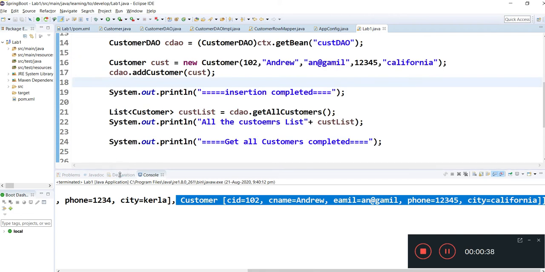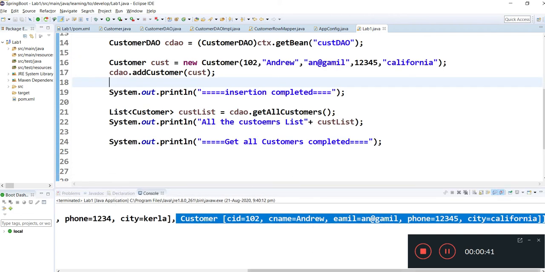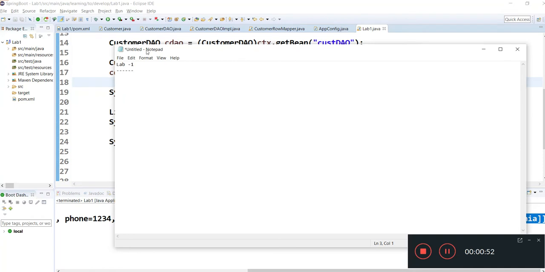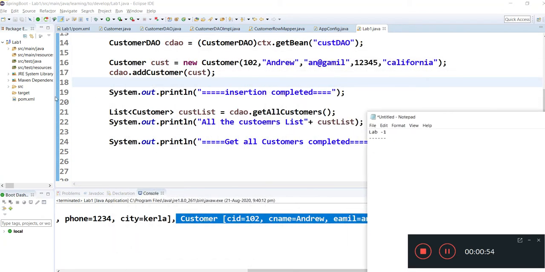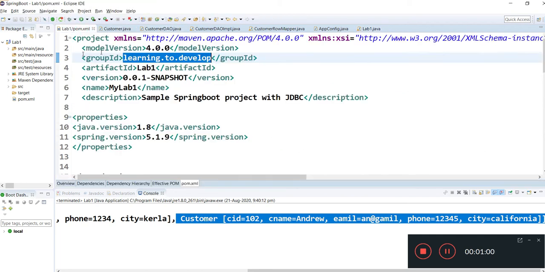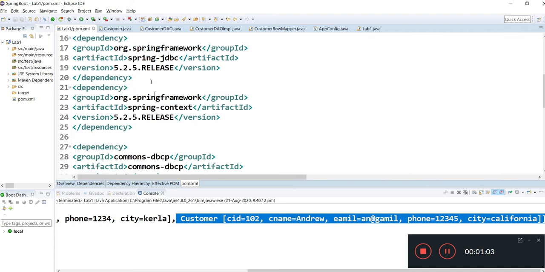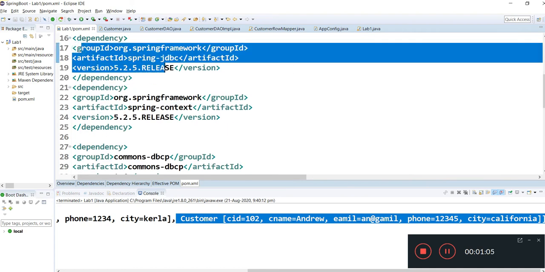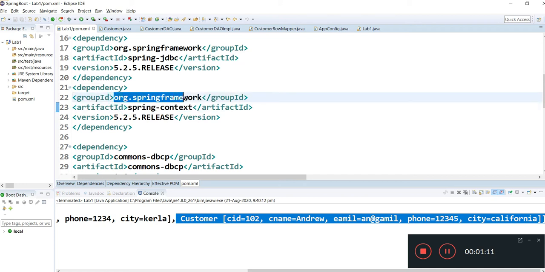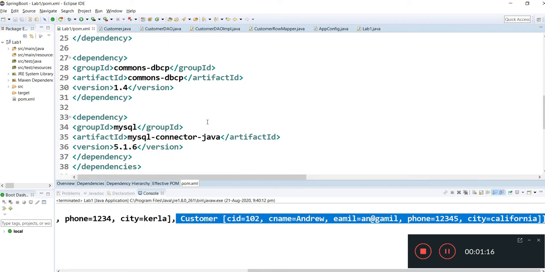Today, first we will go through the drawbacks of this, and then we will go through the advantages of Spring Boot. So here you can see, first of all, the dependencies. You can see the number of dependencies we have defined. If there is any change in a dependency, we need to update it from here, and we need to mention the artifact ID, version ID and everything in this file.